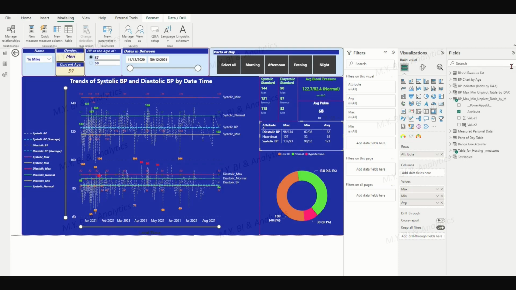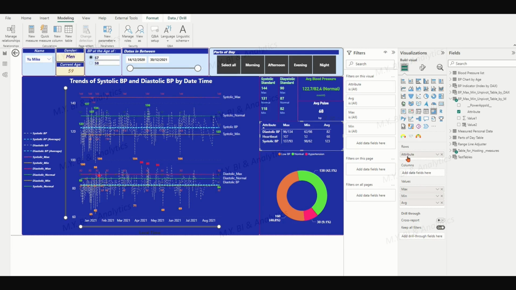In my example Desktop file report page, we have a matrix visual to describe column values field of the maximum, minimum, and average by row strings field of the systolic BP, heartbeat, and diastolic BP.